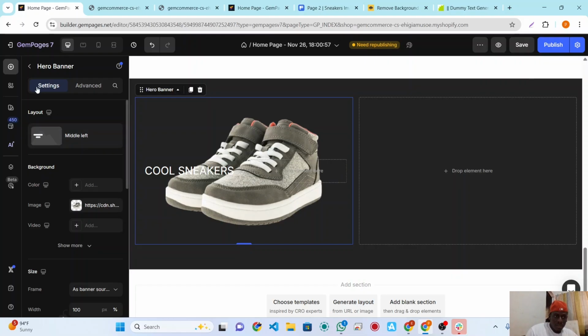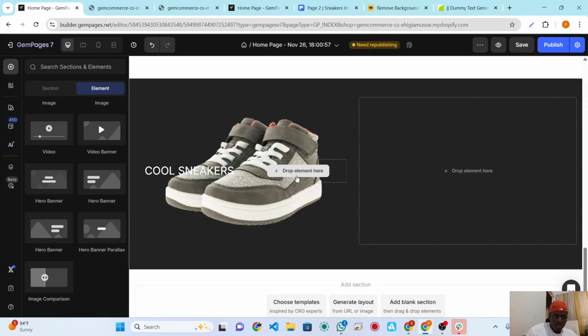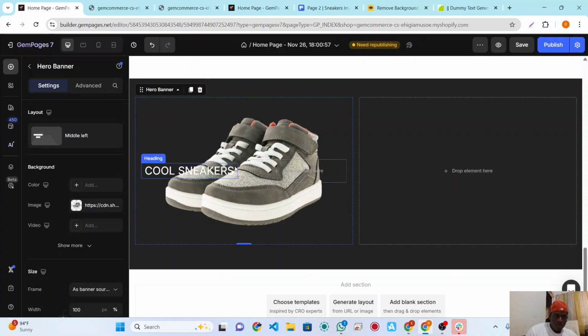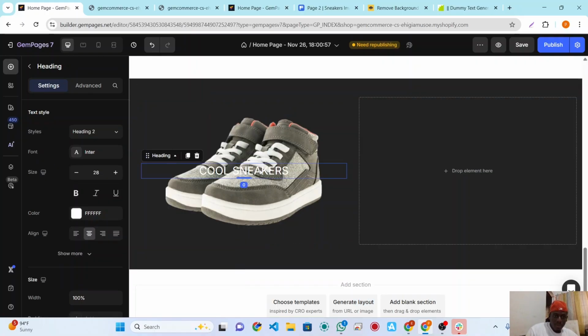Let me see if I can change the layout of this hero banner. Let's see. Okay. So let me